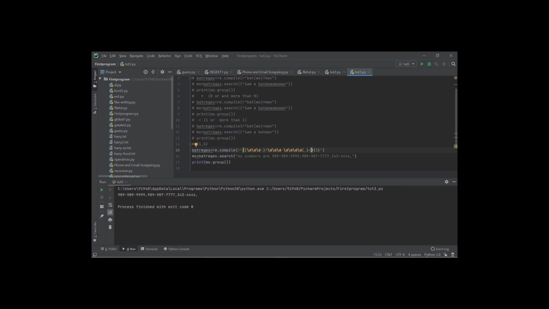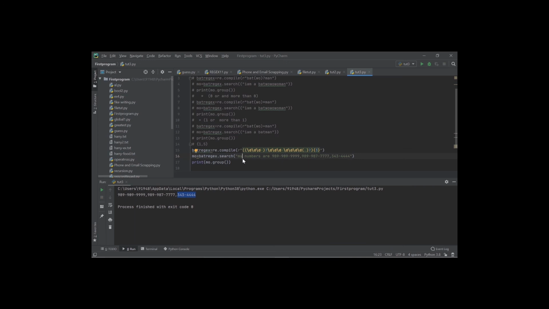Okay, here I made a small mistake: here we do not have to use the plus mark, we have to use the question mark, because the last number may or may not have a comma. So let me run this program. Here it is. It has detected the three consecutive numbers, and even the number without area code, because we have made use of the question mark here, which means the preceding group may or may not appear in this pattern. And I hope you have understood this, and this is very important during email or phone scraping time.